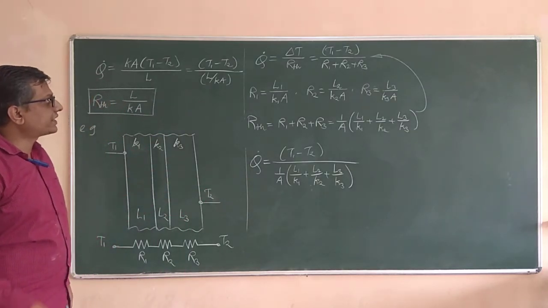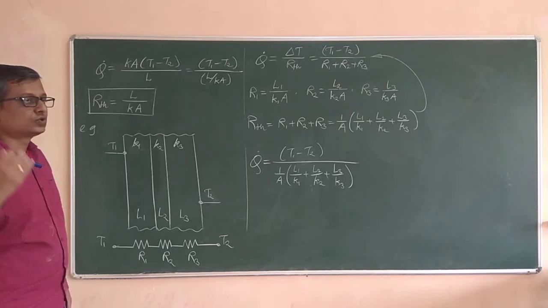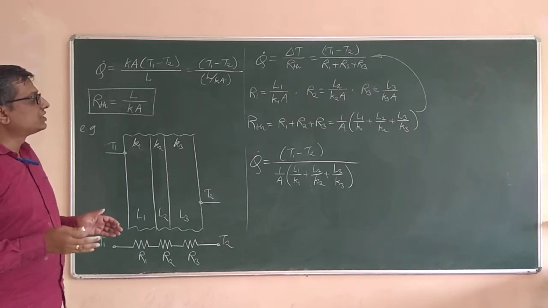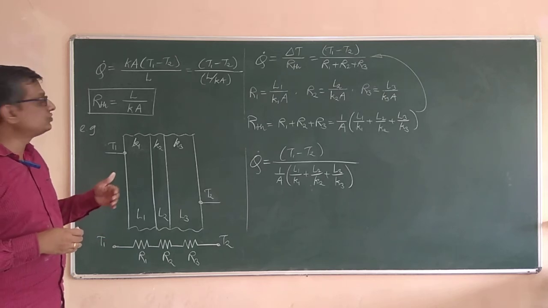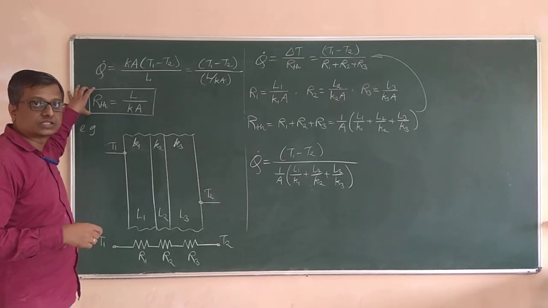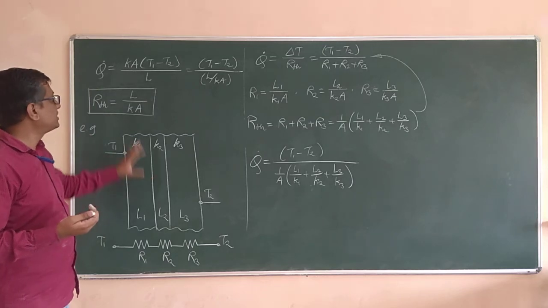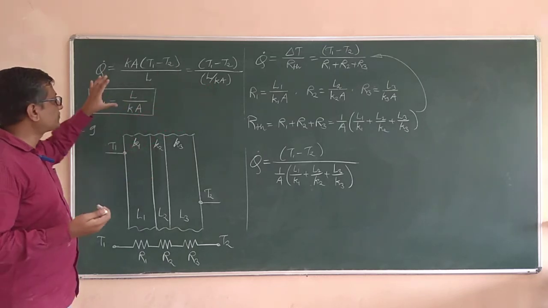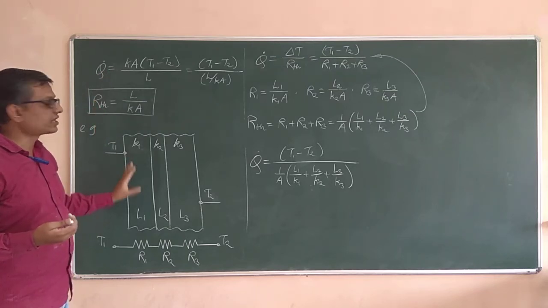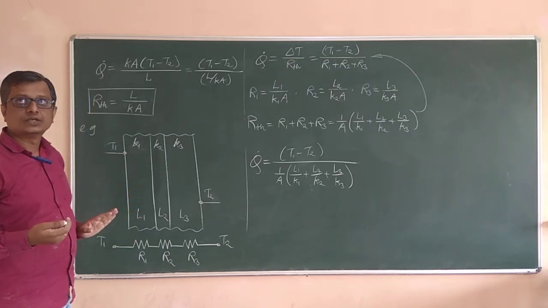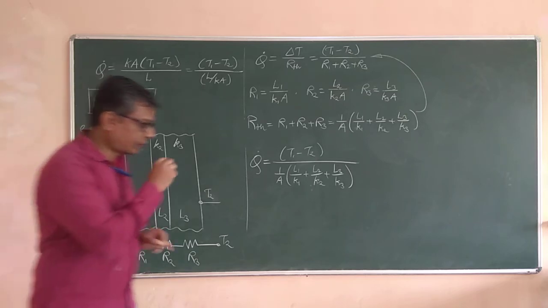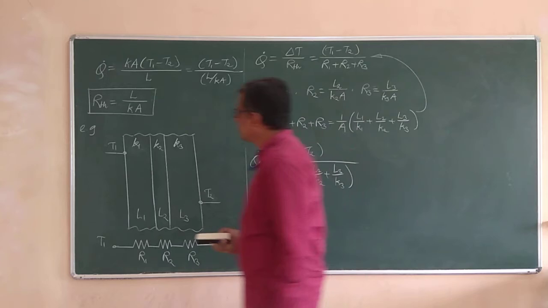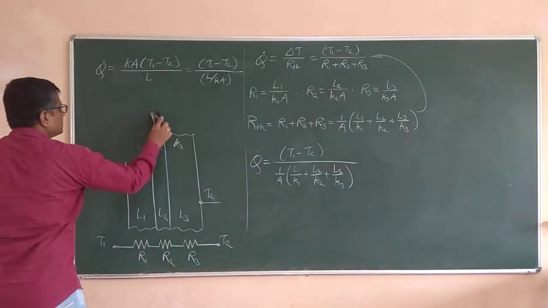Like that we can get the heat transfer rate taking place through the composite cylinder and composite sphere also. The concept is the same: you need to keep on adding the resistances. You have to remember the formula for R thermal, the thermal resistance. For the slab it is this one, for cylinder it is different, for sphere it is different. You need to apply that formula in that particular situation, taking down these dimensions. So this is all about the composite slab. We will see some numericals based upon this in the next lecture.